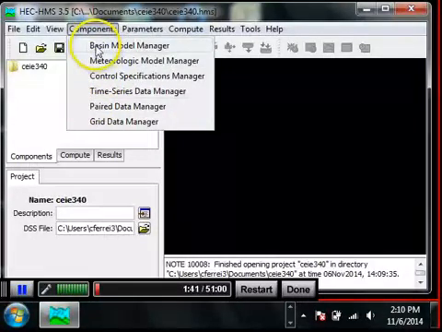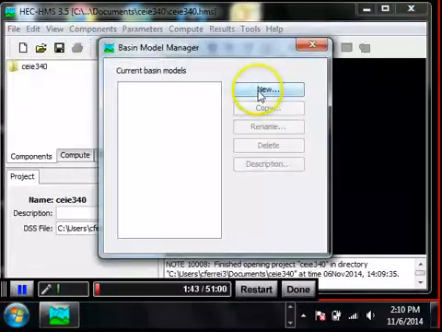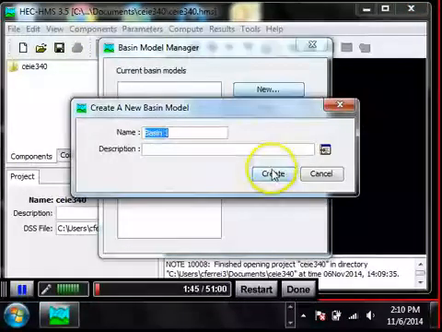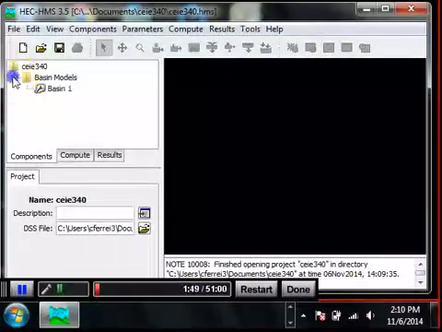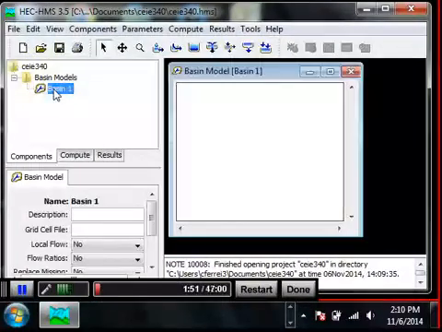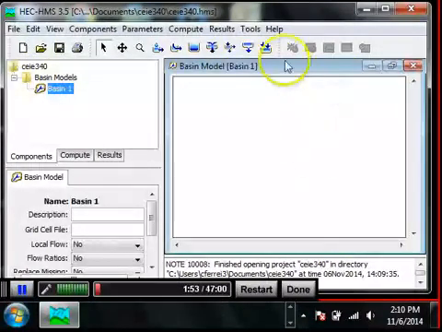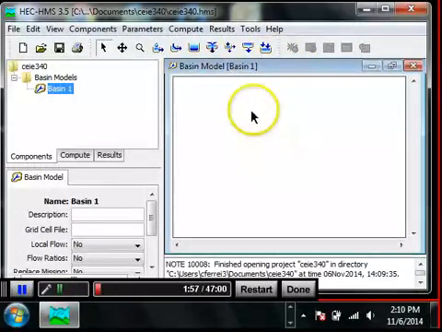So I'll start off with a watershed. I'm going to click here, say new, just give me a new basin. Okay. And now I have a watershed. If I click here, it gives me this user interface where I can start to create things. And it also gave me 1, 2, 3, 4, 5, 6, 7 icons here, which I'm going to use to construct